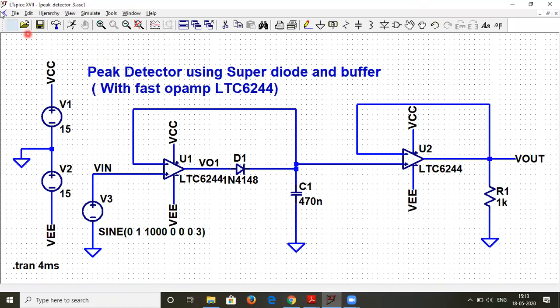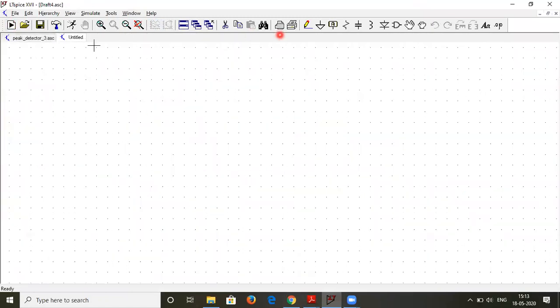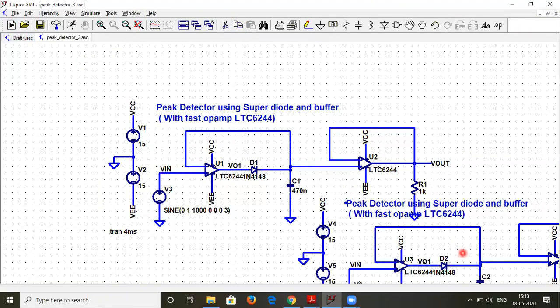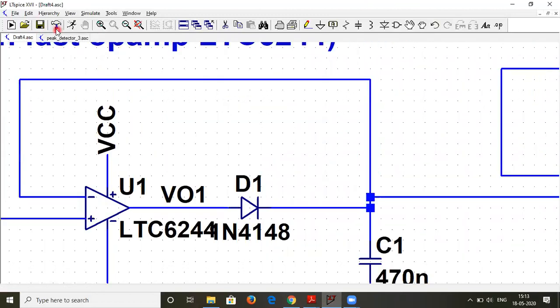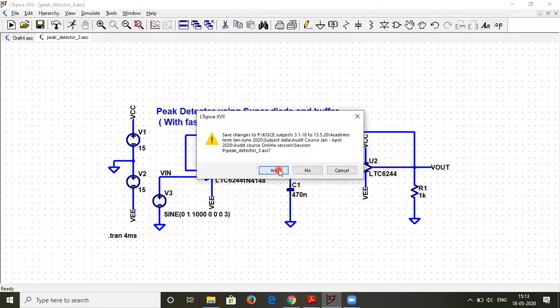So what I will do is I already have the circuitry. So let me copy this entire circuitry and paste it in a new schematic over here. Yeah, and I'll drag it to the new schematic like this. So no need to do the circuit analysis again and again. We have already done that.